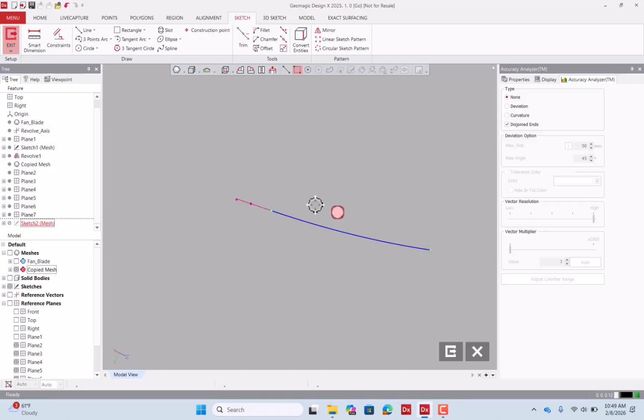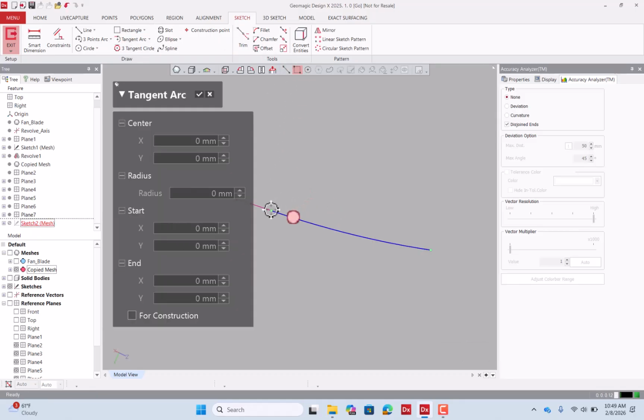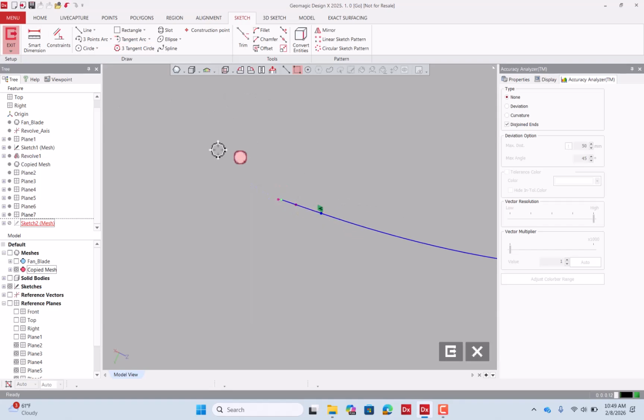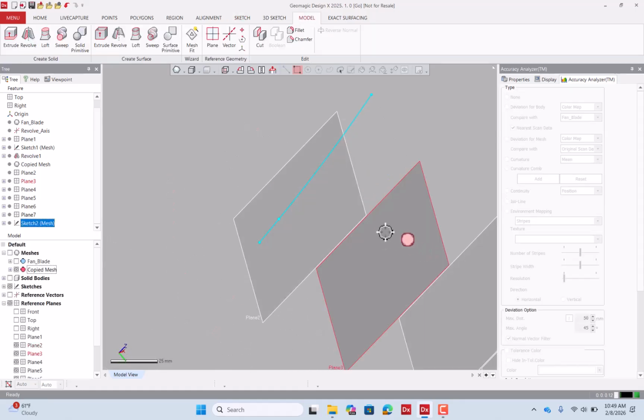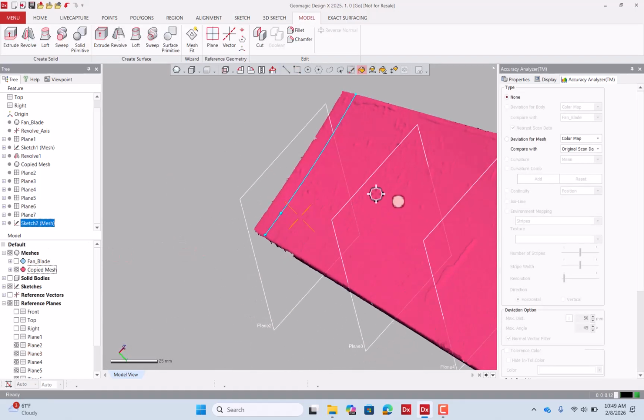You can pull it back if needed, and you can add another tangent arc to this particular line and place it on top of the trace like that. So you have extracted this particular cross section of this profile,